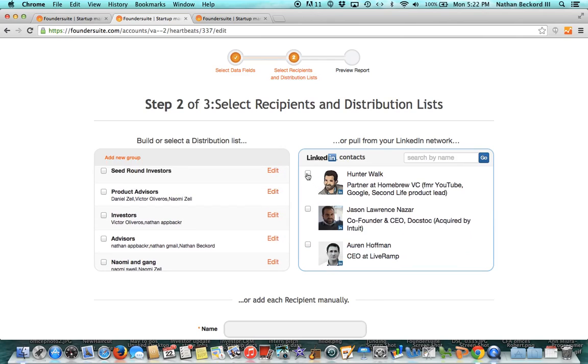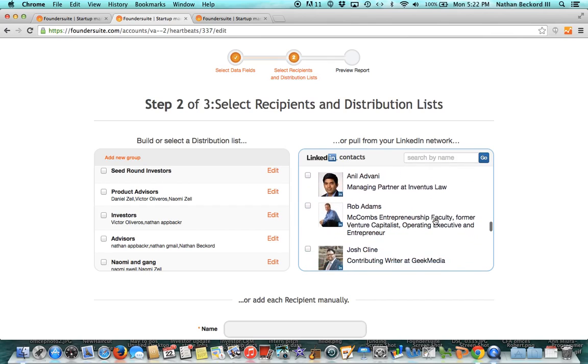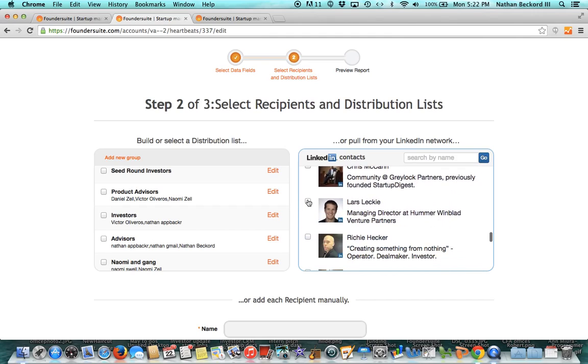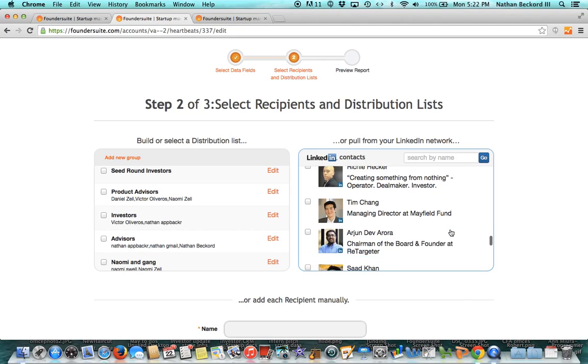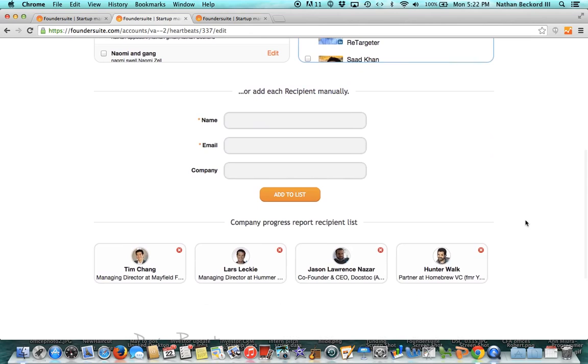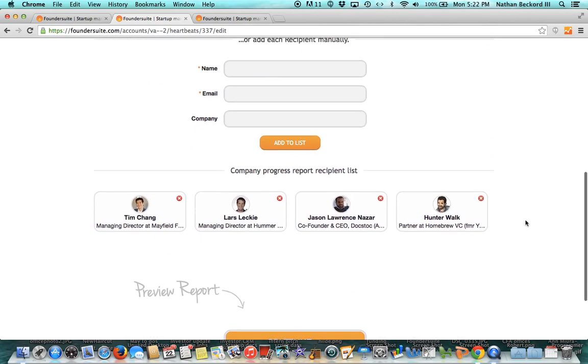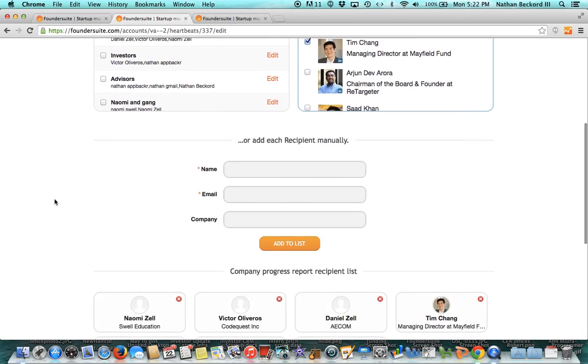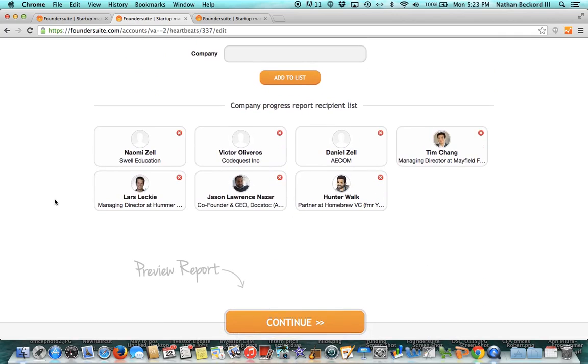So let's just do a couple names here. Hunter is a good guy. I can scroll through, pick a few folks. Let's do Lars, maybe Tim Chang. And then as you see, as I'm adding these folks are being added down at the bottom. Right, so I can also add to those investors. I could add some product advisors, and you'll see them show up as well. All right, once I have picked who I want this to go out to,